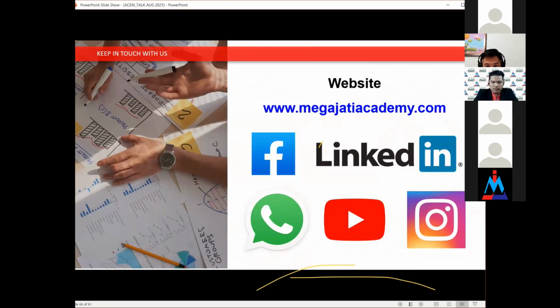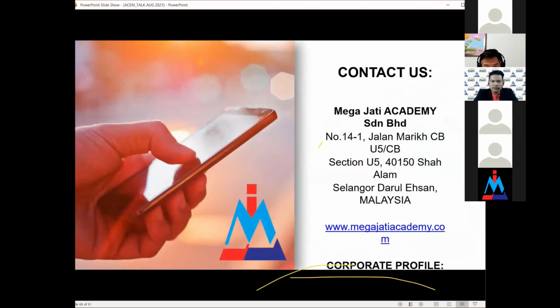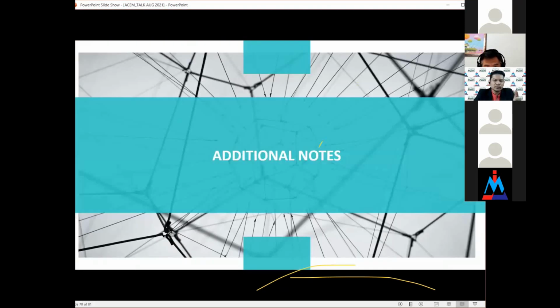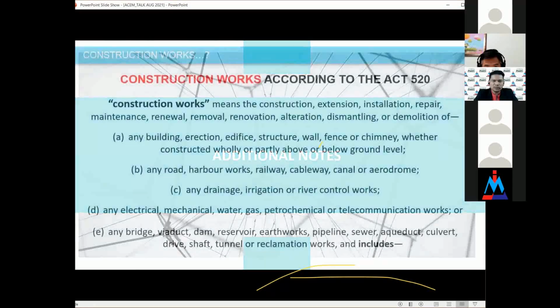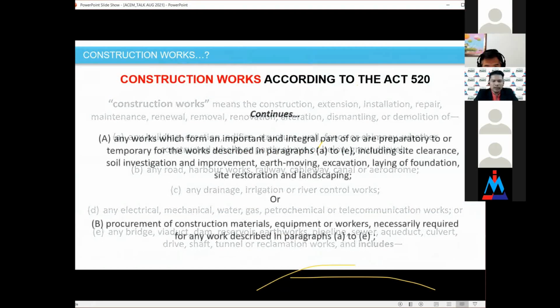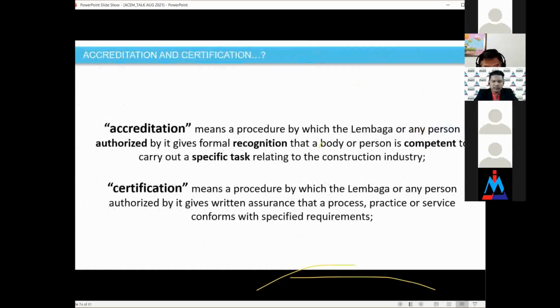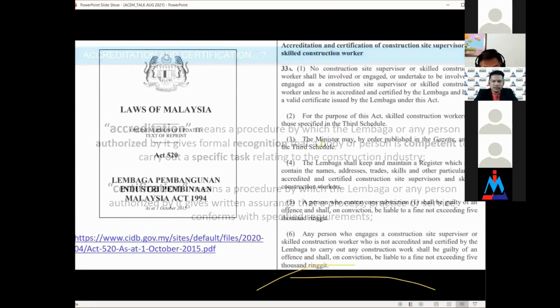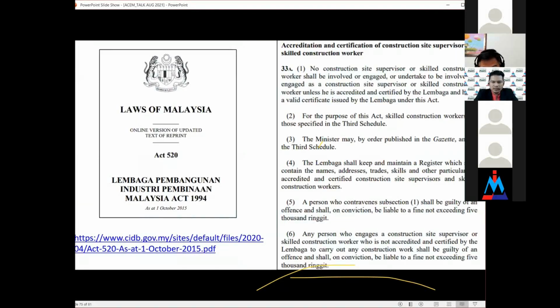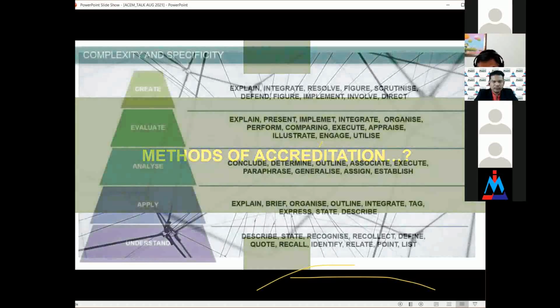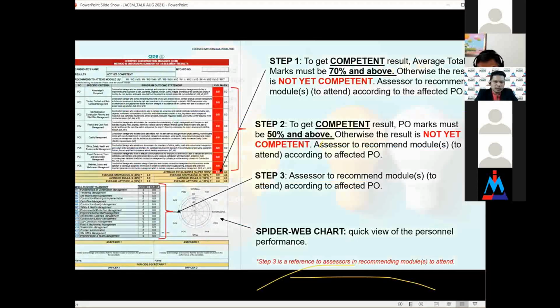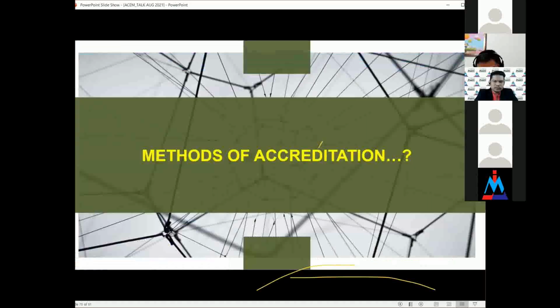We have about half an hour to go. I would love to see the questions you have. I put additional notes here, but I don't want to talk much about it. The construction work and so on. So I just put additional work. You can give this slide letter through our secretariat by email. Just stop there only.